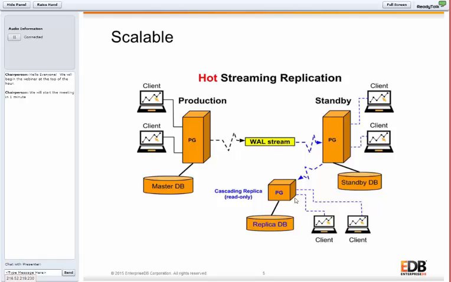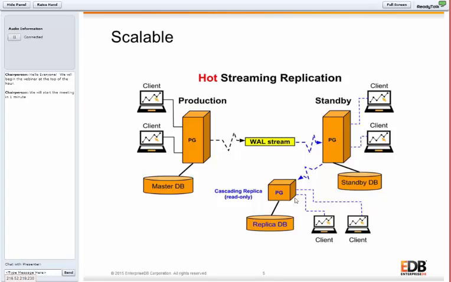You can add a primary server, then replicate to a standby server, and then to another standby server. That standby server can be in the same rack. It can be at a regional site, and then you can use a replication-aware connection pooler like PG Pool and route all the writes to the primary and all the reads to the standby server. This helps scale reads. It also helps with writes by reducing the workload on the primary server.